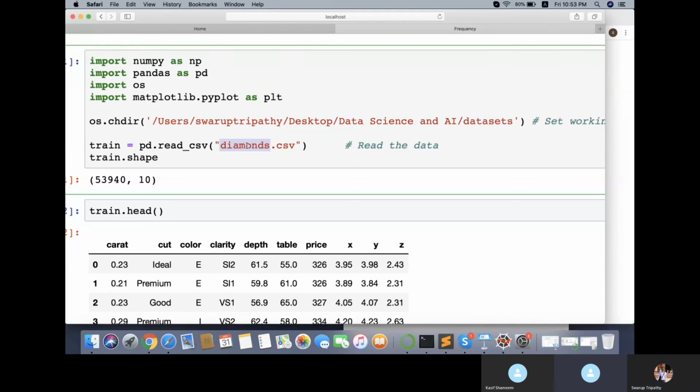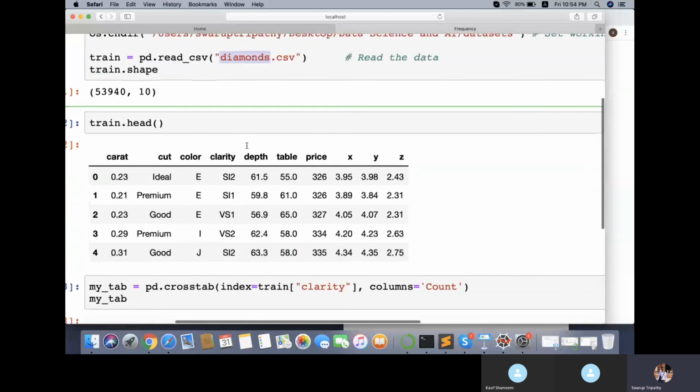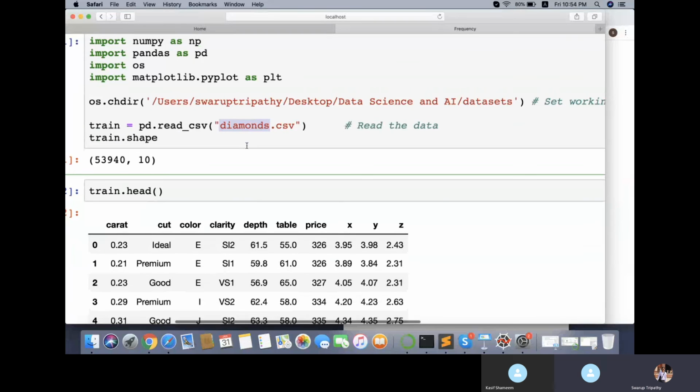Okay, so now see here, this data has 53,000 records of diamonds. It tells you about different properties of a diamond, and this data is taken from a company called GIA. That's a hallmark company which rates the diamonds, and then they give them to their customers.